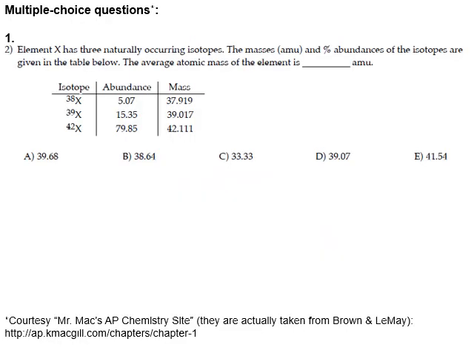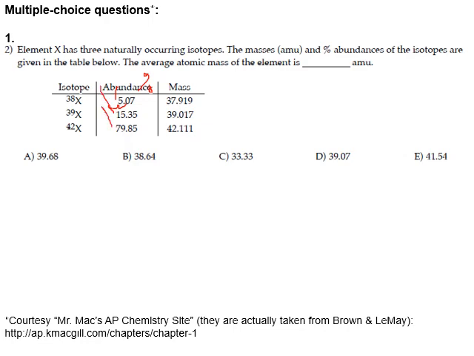All right, for these weighted averages, all you have to do is convert your percentages here. So these abundances are in percentages, so we have to convert those to fractions by getting rid of the percent sign and then moving the decimal place back over to the left 2 places, or just multiply by 1 over 100, or just divide by 100. So this one on top is going to be 0.0507, this one's going to be 0.1535, and this one's going to be